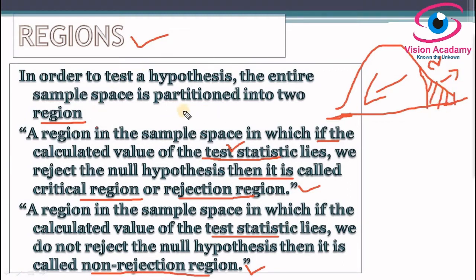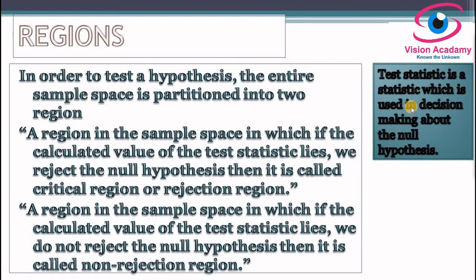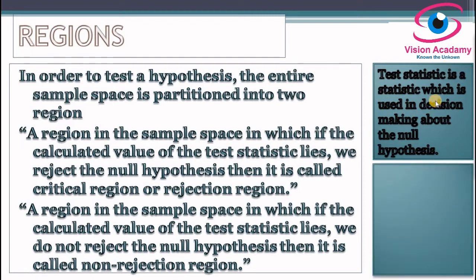Then let us understand in simple words what the critical region is. Before that, let us know what the test statistic is and why we should use it. We calculate statistical tools, especially in parametric tests. We test a hypothesis using different tools available in the chi-square test, z-test, t-test, or whatever the type of test. The ultimate value we obtain is the test statistic, which is used for decision making.